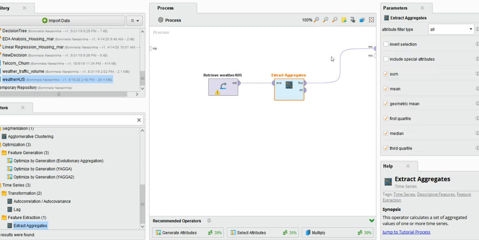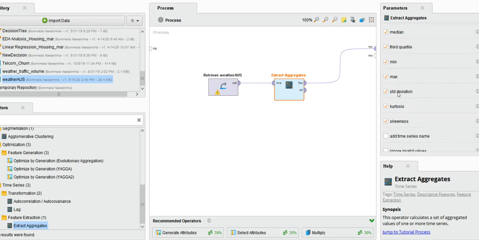By doing this, it generates all these values. After running it, I will show you. In addition to all these things, because aggregates will not show any missing values,